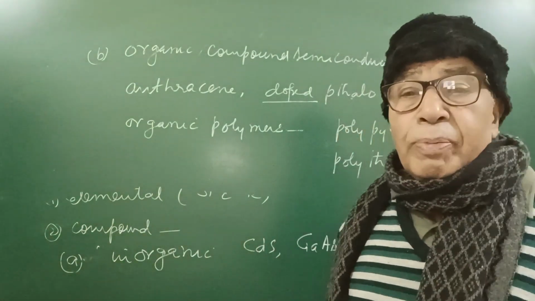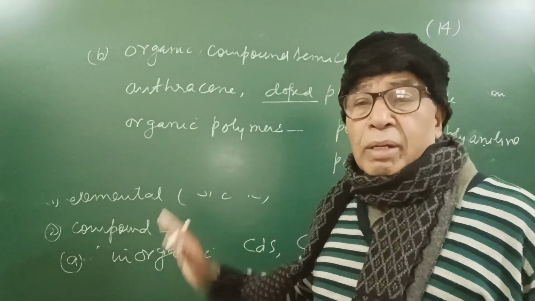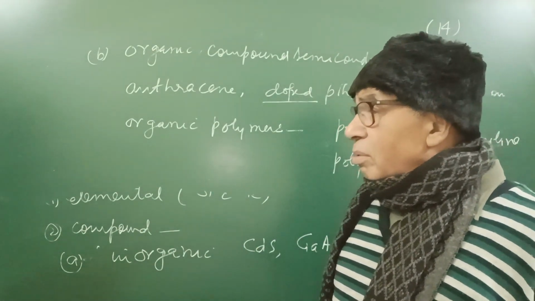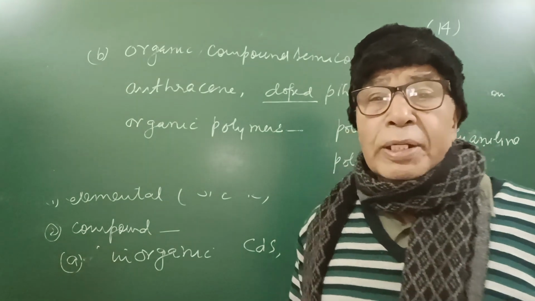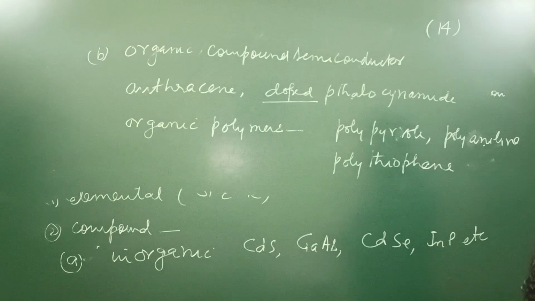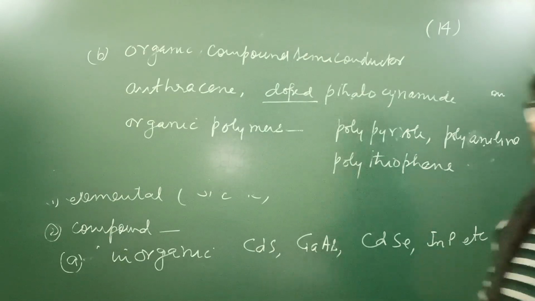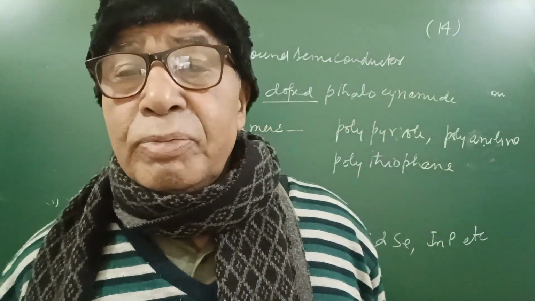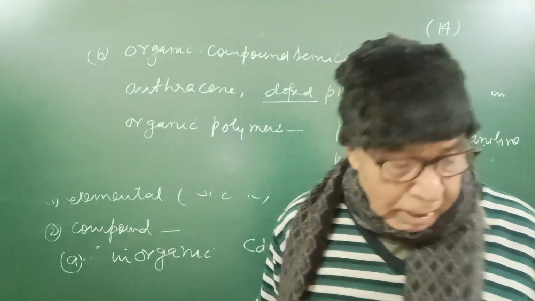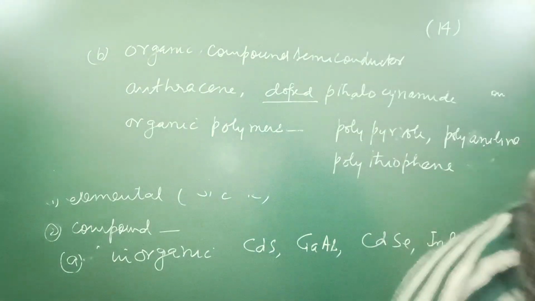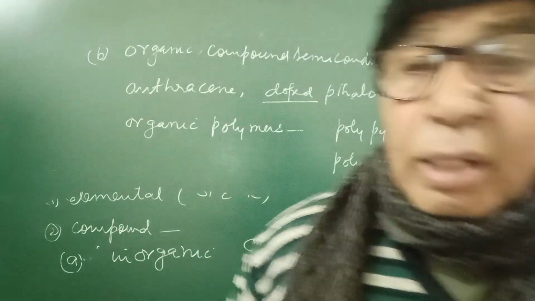Now we will differentiate between semiconductors and good conductors and insulators on the basis of energy levels or energy bands. So I will take that in the next video because it will be a little lengthy. It is simply an introduction to semiconductor devices. चैप्टर 14 का इंट्रोडक्शन है ये।